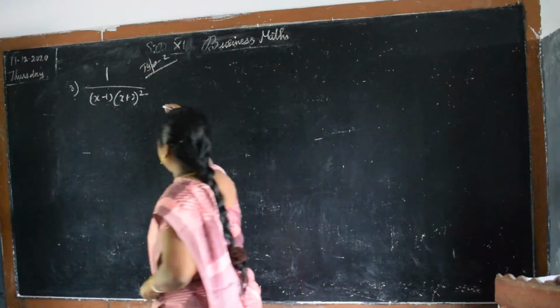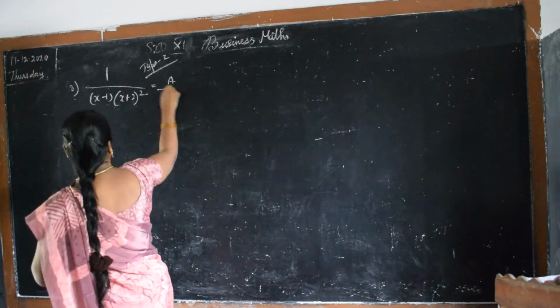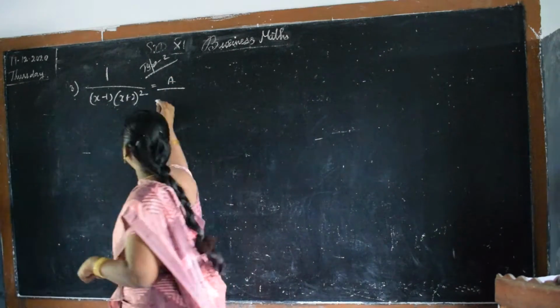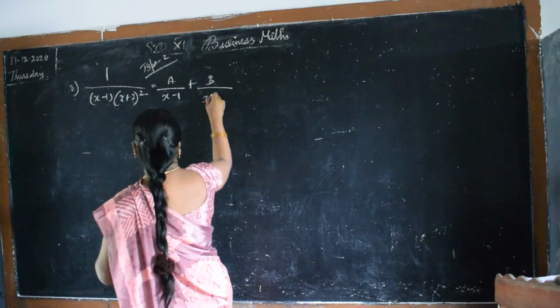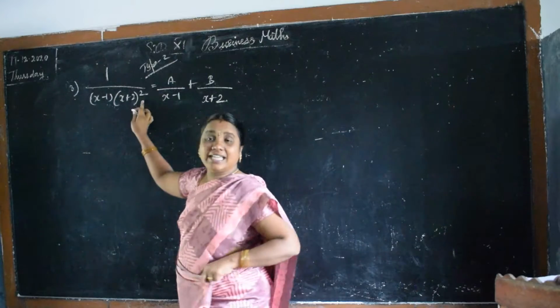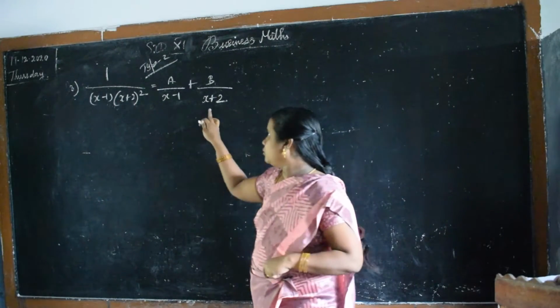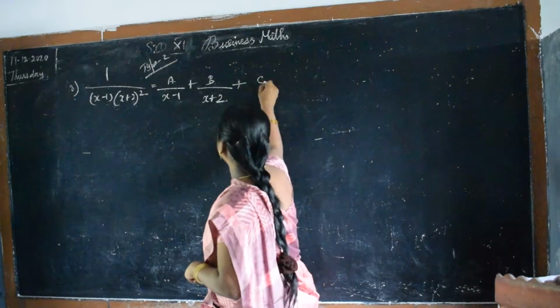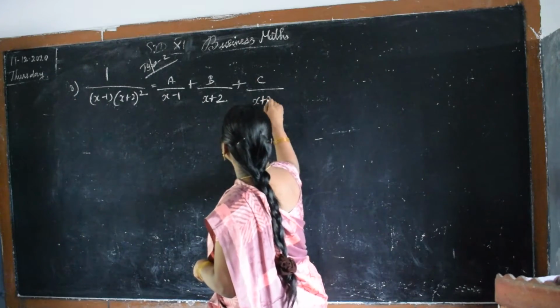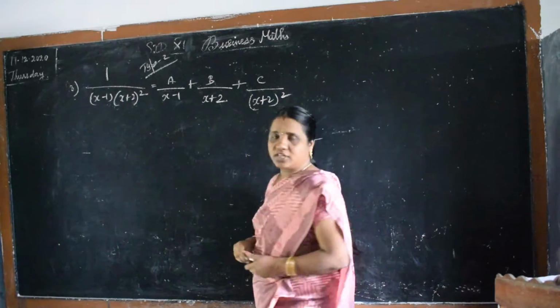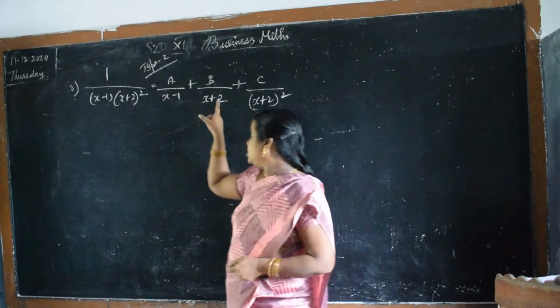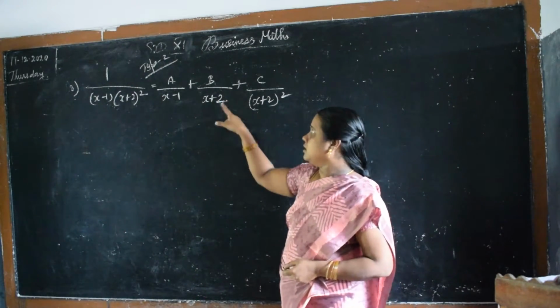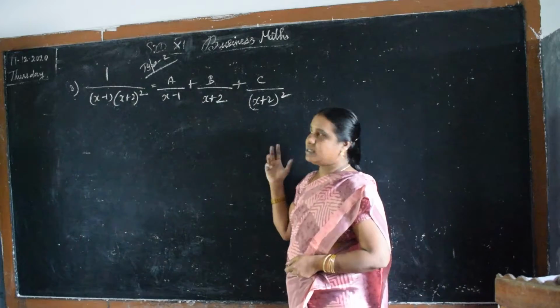See, என்ன பண்ணனும் பாத்தீங்கன்னா, this one you can write as a by what is the first factor given? x minus 1, plus b by x plus 2. What is the least power? இதோட least power என்னவோ இங்க எழுதுவோம், 1, plus c by (x plus 2) whole square. Have you understood, children? இந்த ஸ்கொயர் ஸ்ப்ளிட் பண்ணி எழுதணும். இதோட least power first எழுதணும். Least power is power 1, so x plus 2. Next one is (x plus 2) whole square.